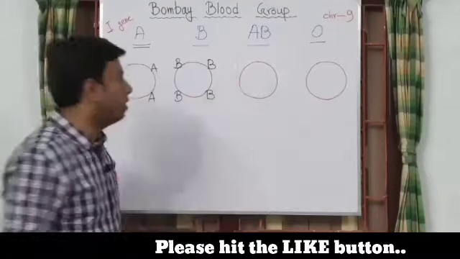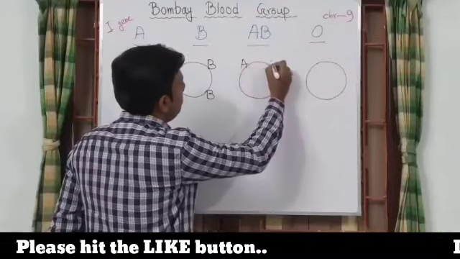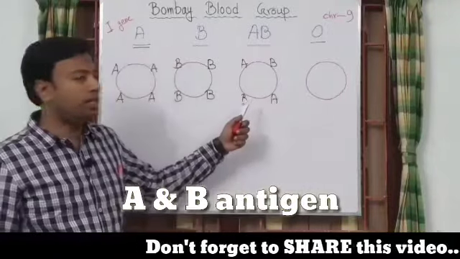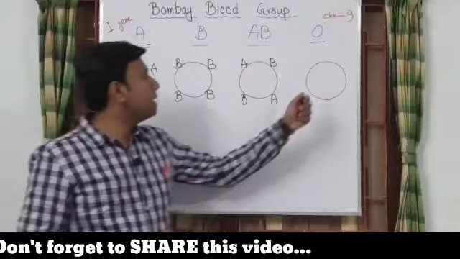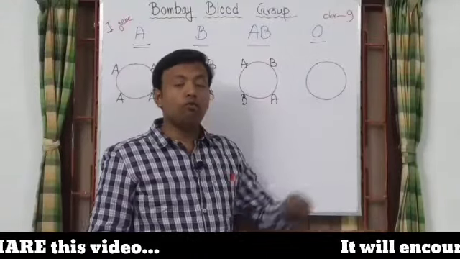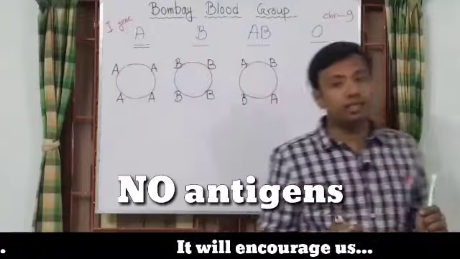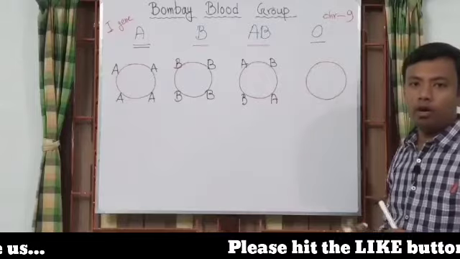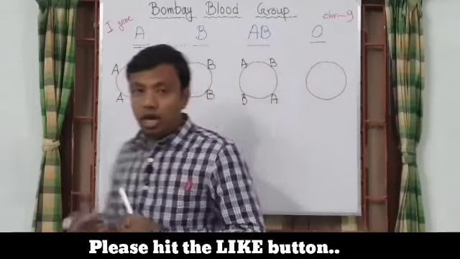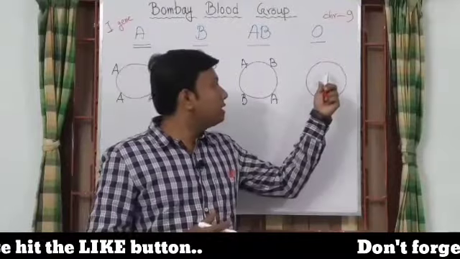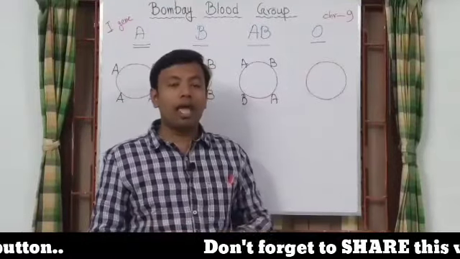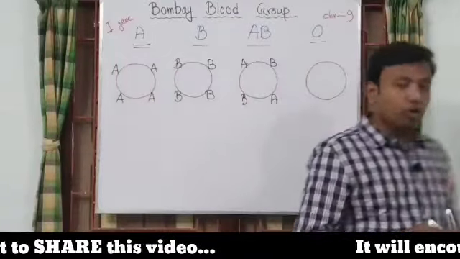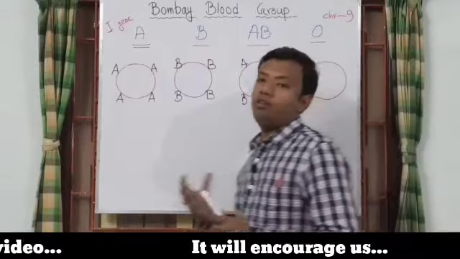In case of an AB individual, the individual that bears AB blood group, we will find both A and B types of antigen on the RBC membrane. And in case of an O blood group individual, we will not find any such antigens. Antigen A or B will not be present on the RBC membrane of an O blood group individual. Now the question arises whether the RBCs of an O blood group individual are actually bald or nude in nature. No, it's not. Rather, they consist of a different kind of antigen.